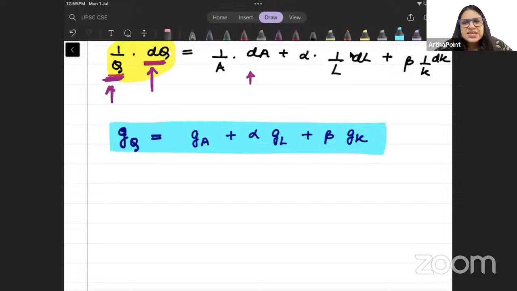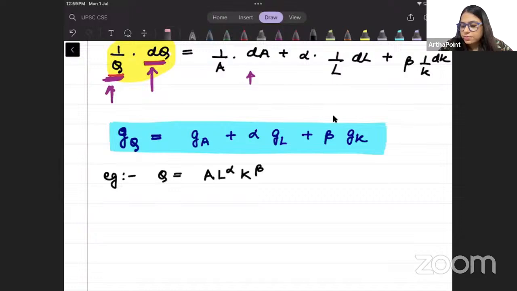बहुत simple basic numerical can be asked from this. So for example, if I tell you output is equal to A, L to the power alpha, K to the power beta, and I give you some values of alpha and beta. जैसे मैंने आपको alpha और beta की जगह पे half दे दिया. And I tell you to find the growth rate of technology